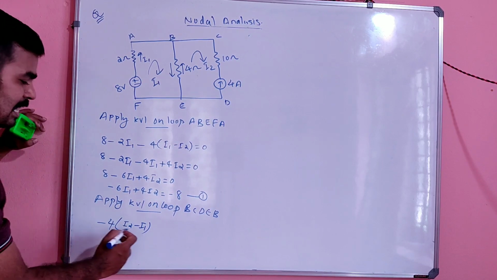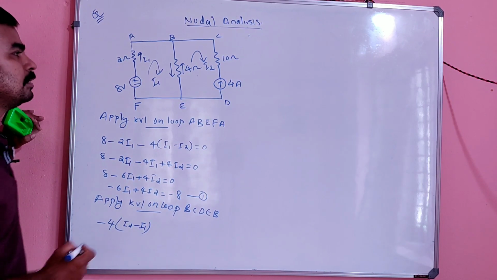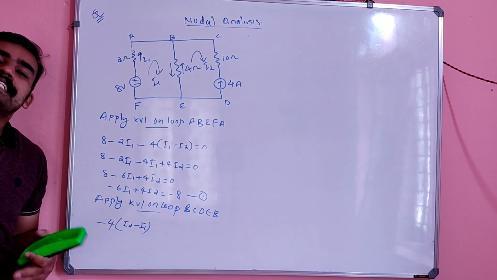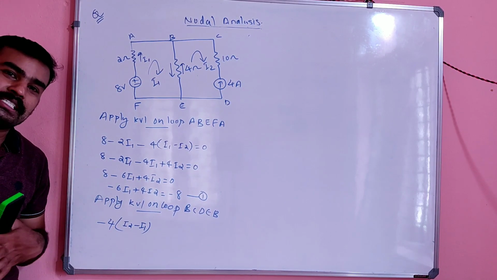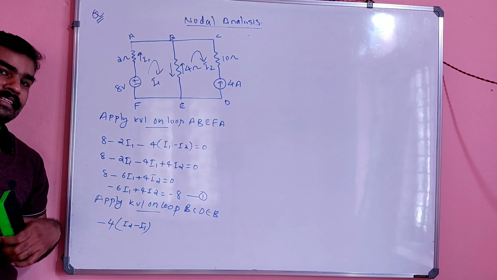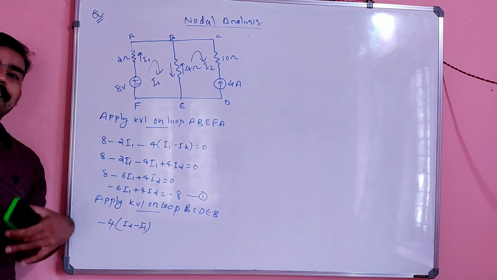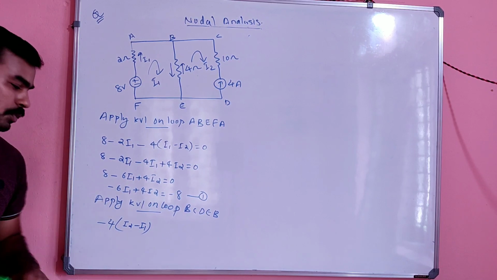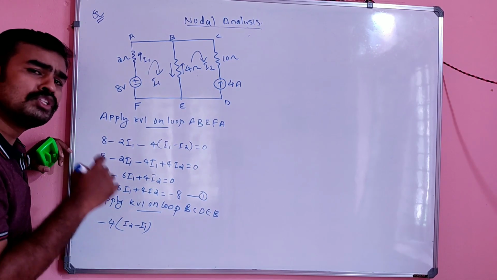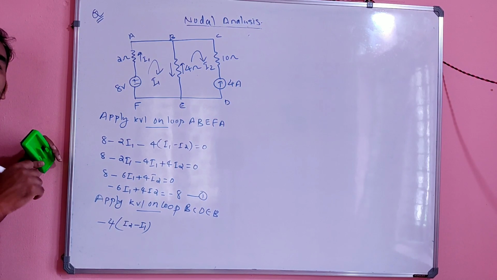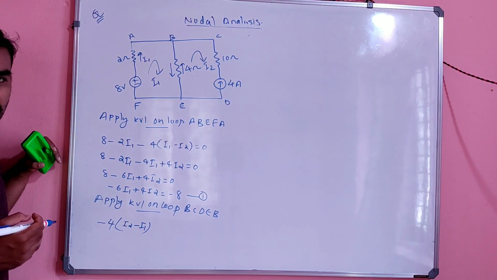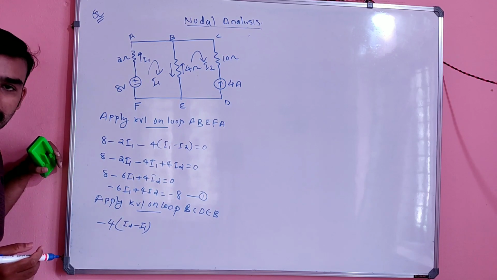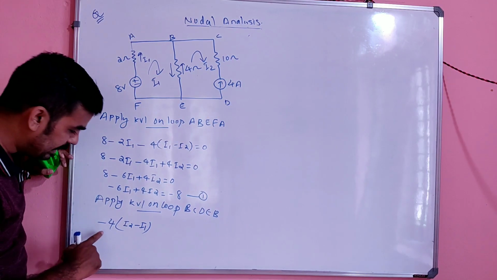You have to take it as I2 minus I1 because I am considering the second loop, so I should give priority to the second loop. So I assume here that the second loop current is more than the first loop current, because I am focusing on the second loop, so it will be I2 minus I1. You have to take this assumption very seriously. Suppose you write simply I1 minus I2, it will of course be wrong. So you have to take care like this.